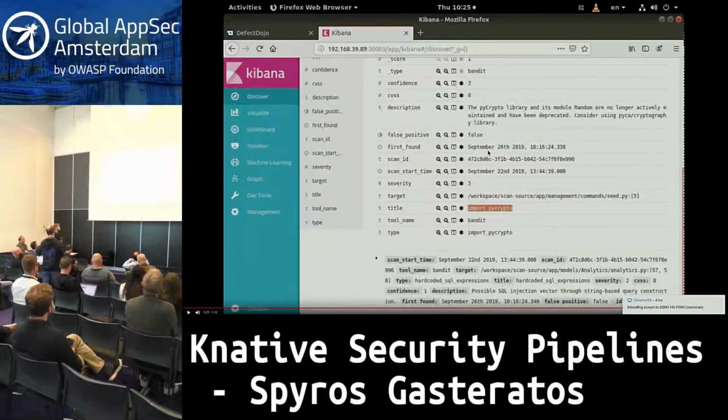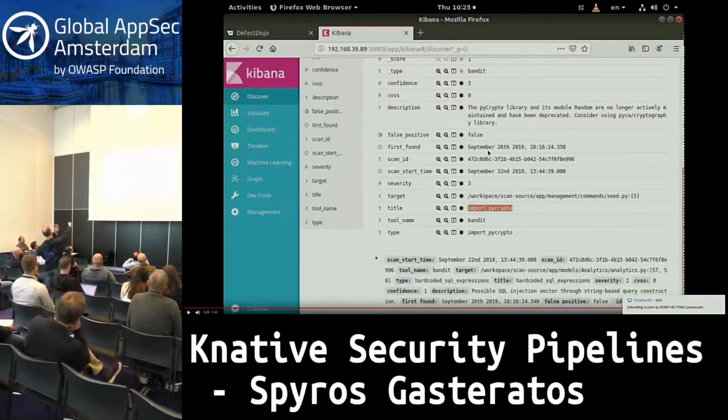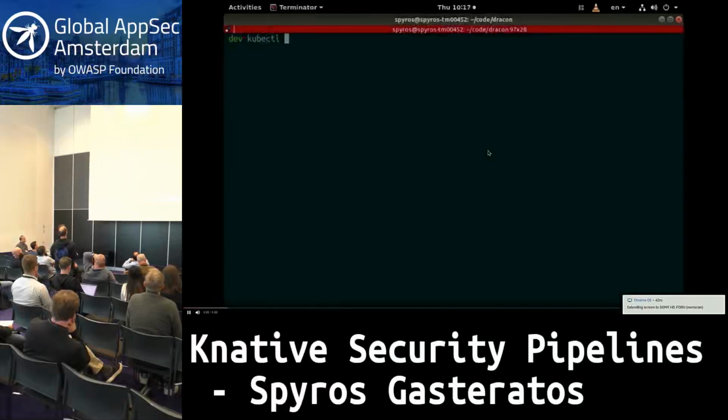So this is exactly what an issue is, as I said before, right? Confidence, optional CVSS, Bandit doesn't do CVSS, so 0. A description, is it false positive? False, mainly because I haven't gone into DefectDojo to mark it as false positive. When it was first found, scan ID, scan start time is configurable. You will see that is before the first found, right? So it was first found today, but I set the scan start time in the YAML to be in the past to show that the scan start time can be anytime you want. So you can play around with however you find things. Severity. Sorry, it's gone.